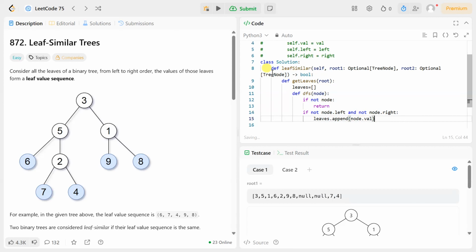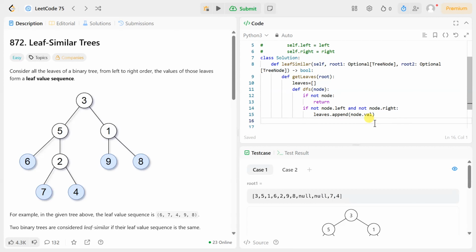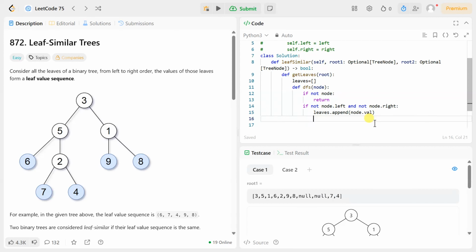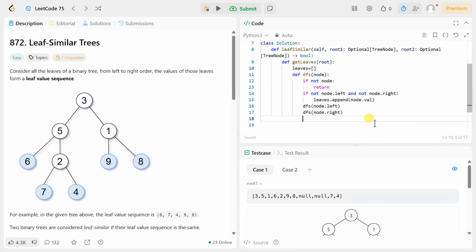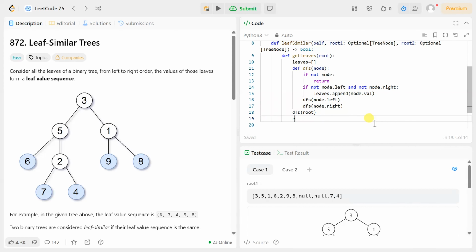This means that in the leaves list we will append this node value, and then again we will do the same for dfs of node dot left, and similarly for node dot right, and at the end we will return dfs of root